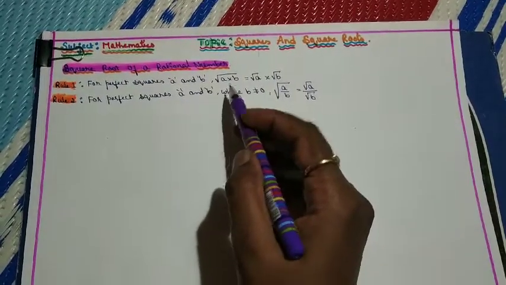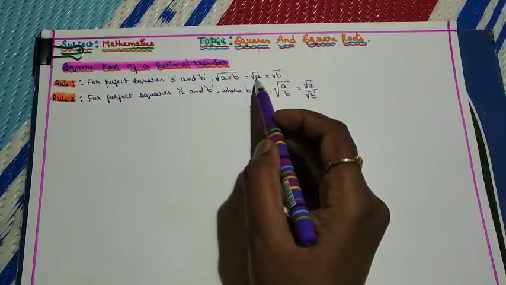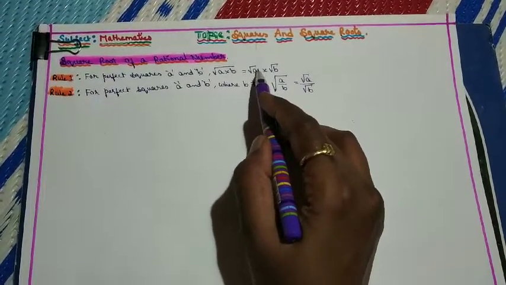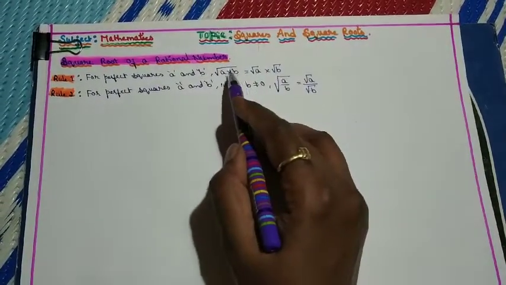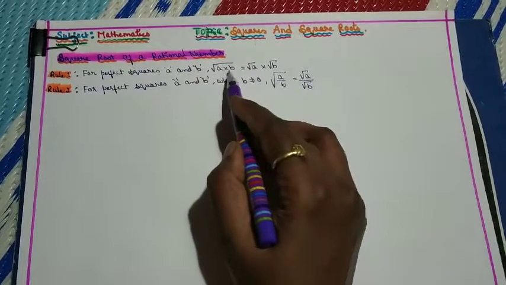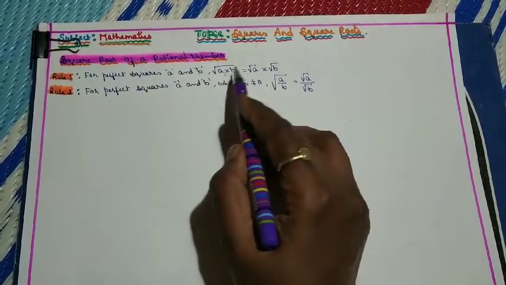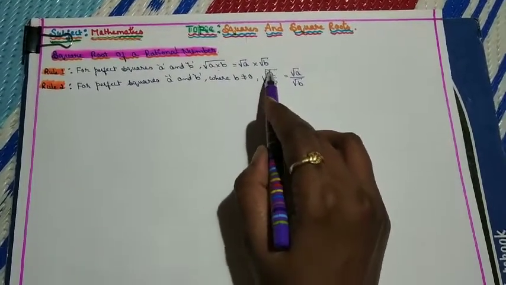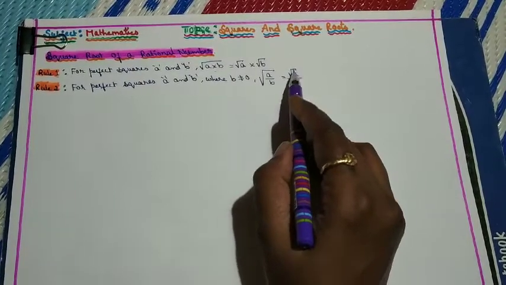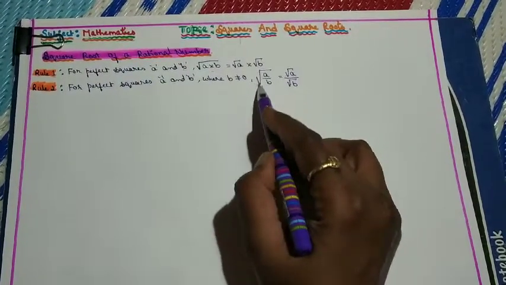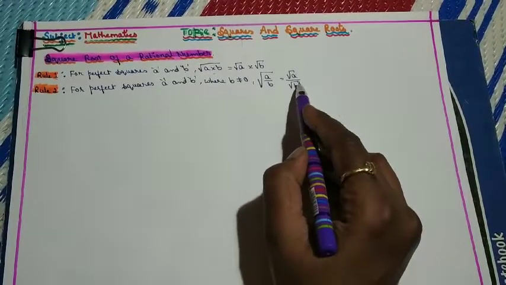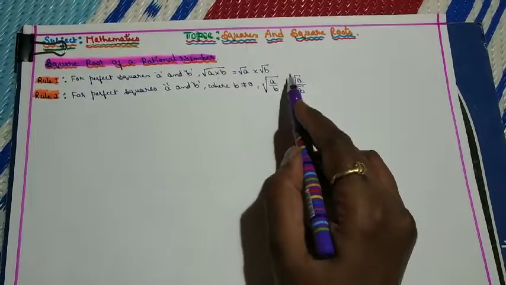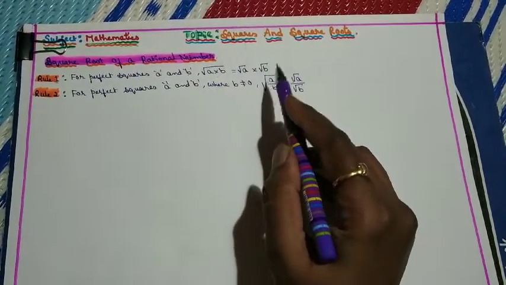The point to be remembered is that when the square root of a into b equals the square root of a into the square root of b, even when the question is given like square root of a into square root of b, you can write it as square root of a into b. When LHS equals RHS, you can write RHS equal to LHS. The same thing can be applied to the next rule, that is, the square root of a by b is nothing but the square root of a by the square root of b. If the question is given like square root of a by square root of b, then you can rewrite it as the square root of a by b. Let me explain these two by solving one example each.